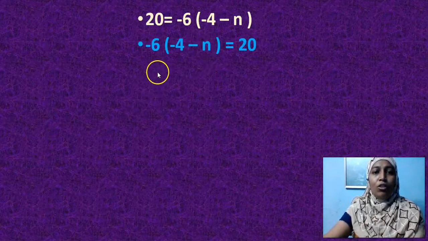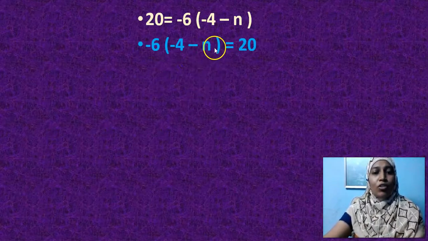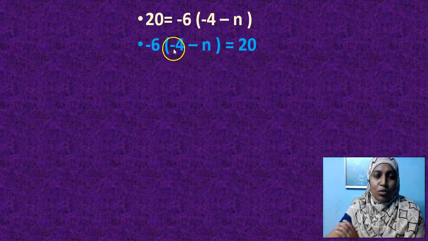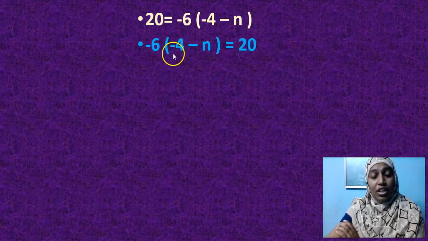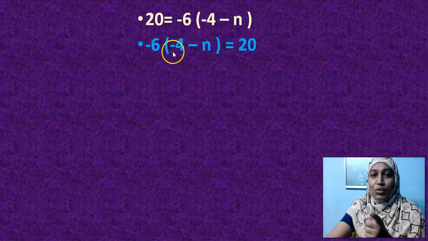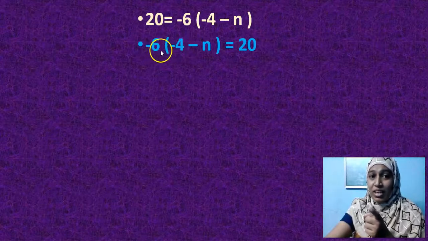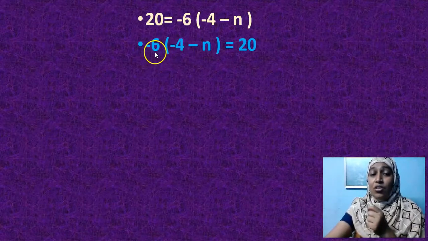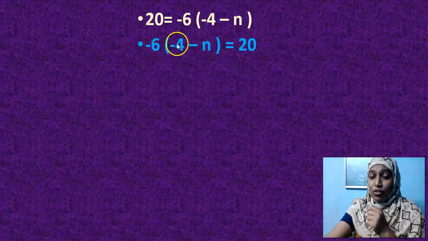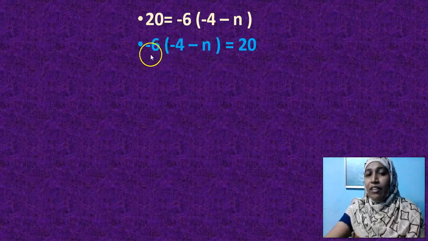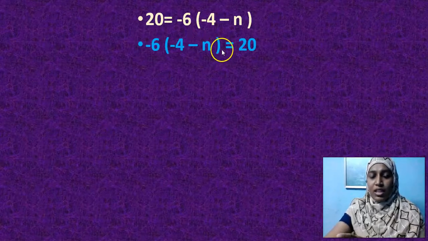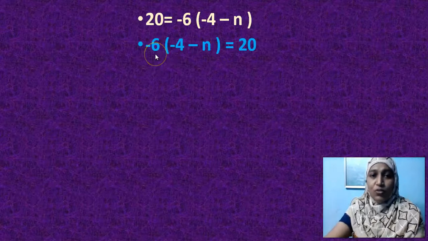Now I have to transpose. Only now am I going to transpose. Which one should I transpose first? Again, you will get a confusion. Ma'am, you said addition and subtraction first: minus 4. And this minus 6 is in multiplication. So should I transpose minus 4 first or minus 6 first? Minus 6. Because the bracket can be taken only if I transpose this 6 to that side. So I will transpose 6 first.